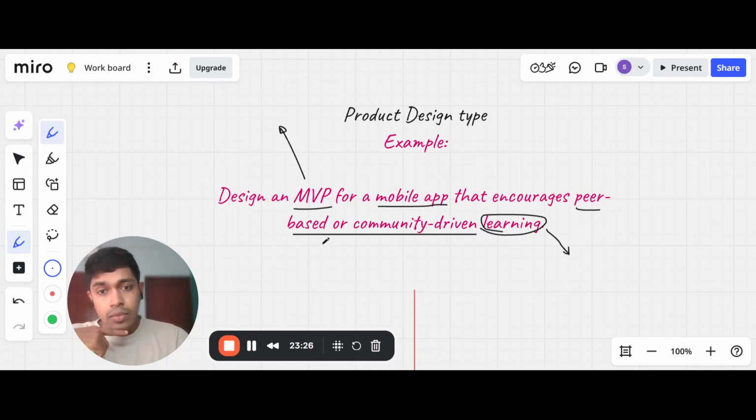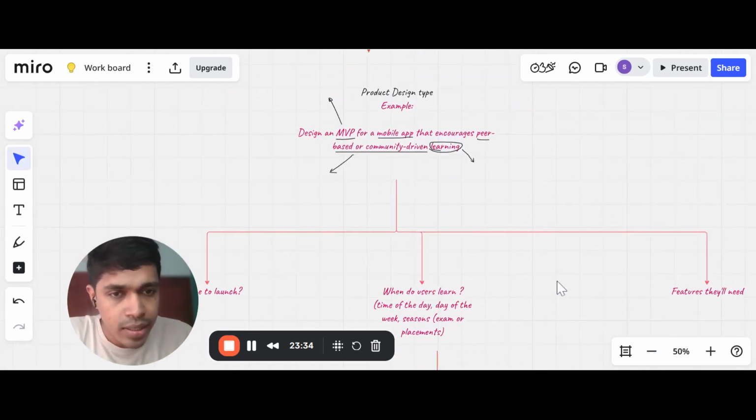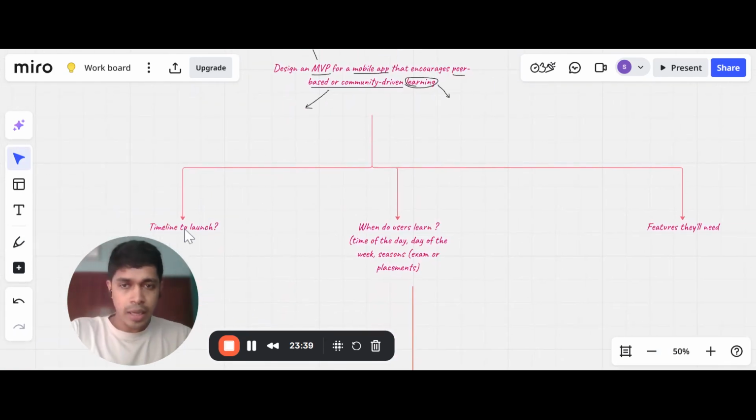You can again ask what are other products that people use. This is related to the features component. So let's see, we can ask questions like this. 3 questions I have written. It's basically timeline to launch,